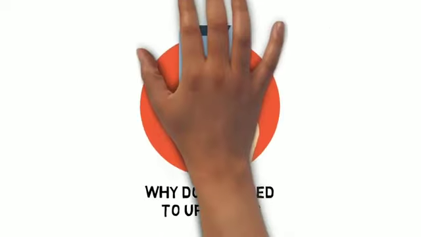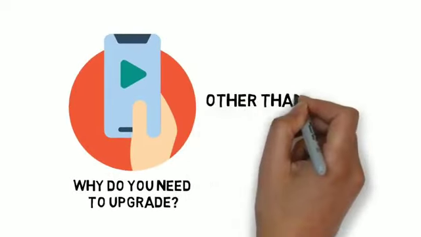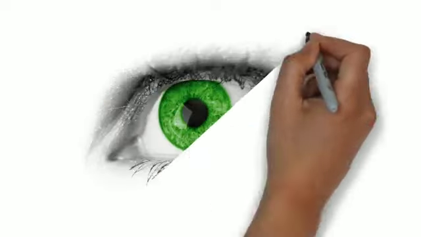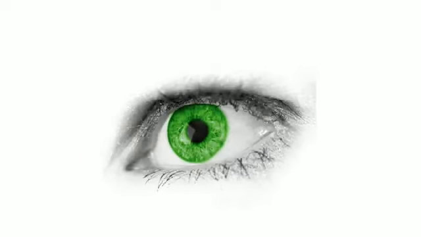Did you know that most people learn a lot faster when they see something being done on video other than just by reading about it? That's because most people out there are visual learners. How do you normally learn best?